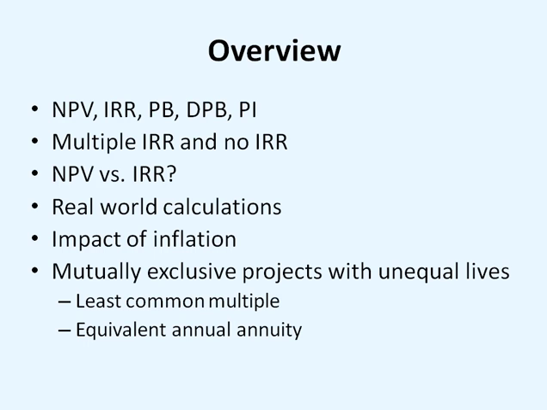So let me give you some overview of this chapter. It's a pretty long chapter here, but we can start. In the beginning, we have some background information which we learned in level 1. There are a couple of pages, maybe 7 or 8 pages in the book, and it shows you how to calculate net present value, how to calculate internal rate of return, payback period, discount payback period, and profitability index. Once you know all these things, then it goes into discussing the issue with multiple IRR and no IRR.